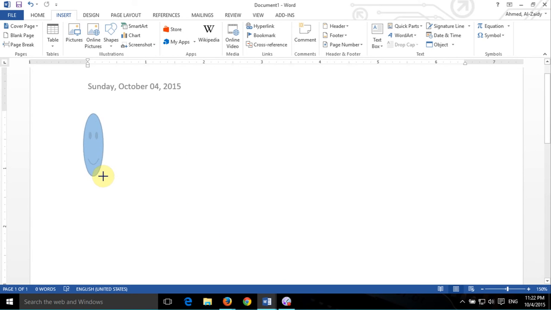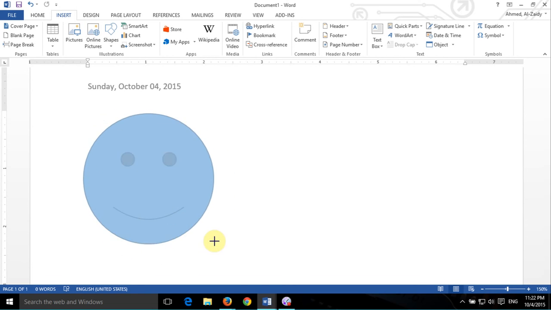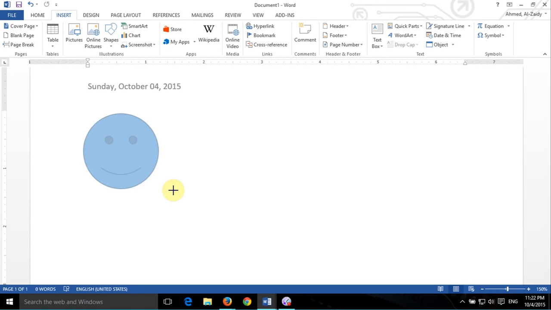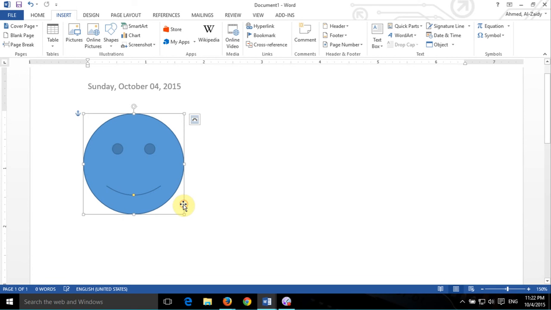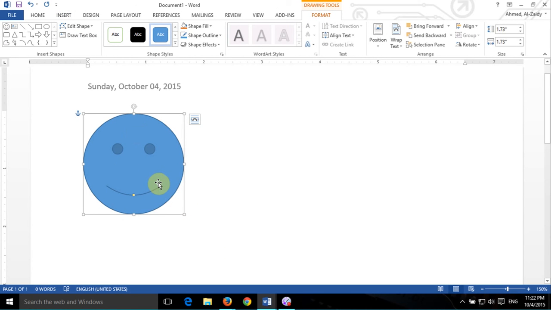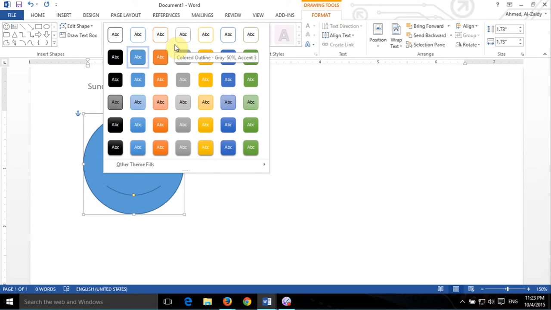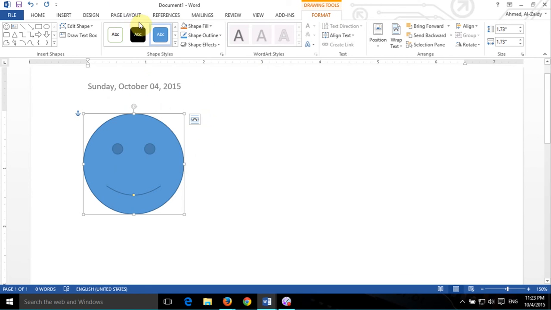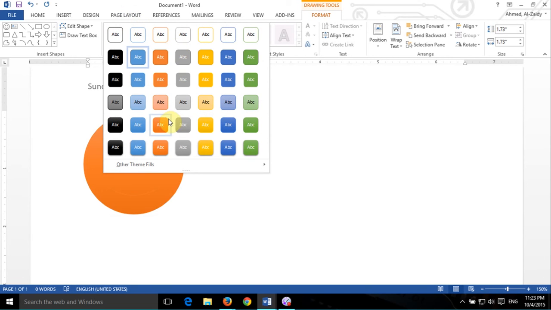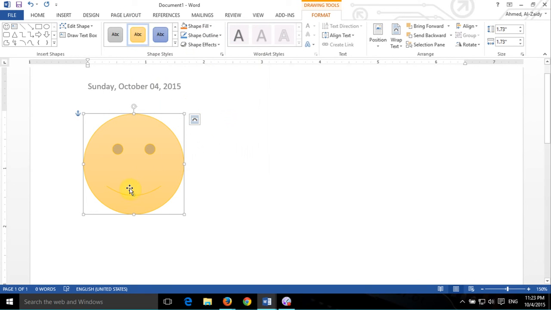you want it. Now remember to hold the shift so you can keep the exact dimension for the shape. Otherwise it will be squeezed or stretched. So hold the shift and then leave. Now you have the shape. Now when you have a shape, you have something called drawing tools format, where you have the ability to play around with the shape. Now you can apply different types of styles to your shape, not the same that you have right now. You can choose this one, or